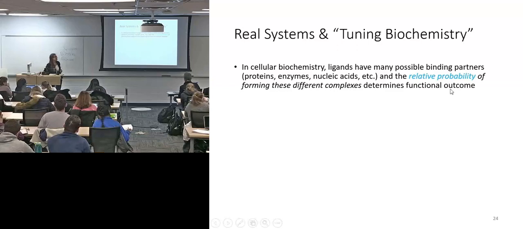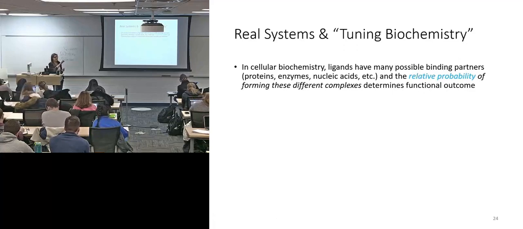In reality, we'll have ligands that have many possible binding partners. So a given ligand can bind to different proteins, different enzymes. It can bind to nucleic acid, whatever it is. And the relative probability of forming the different complexes will determine the functional outcome, right? So when the ligand binds to the protein, when the ligand binds to a different protein, different things might happen, right? Okay? And so sort of relative probability is going to come into play once we put the mathematical relationships